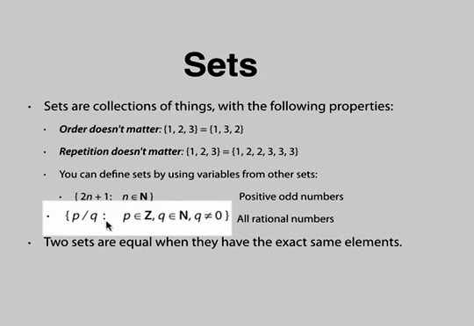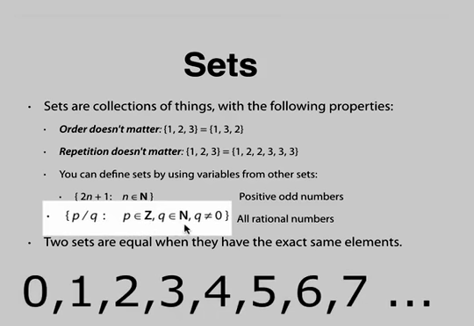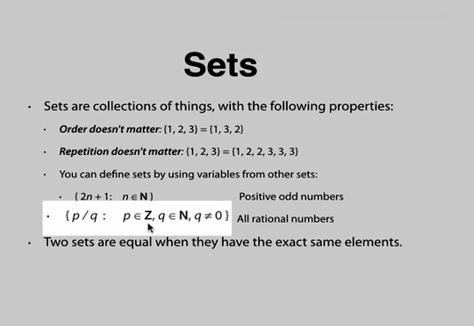And here's another example. Z is the set of all integers. If you recall, that means all the natural numbers, 0, 1, 2, 3, 4, 5, 6, 7, etc., and all the negative numbers, their negatives, like -1, -2, -3. So you get 0, 1, 2, 3, 4, 5, and also -1, -2, -3, -4, -5, but not 1/2,